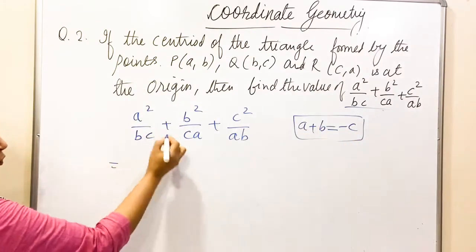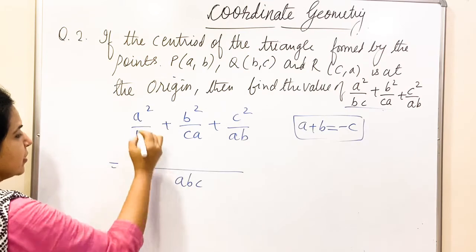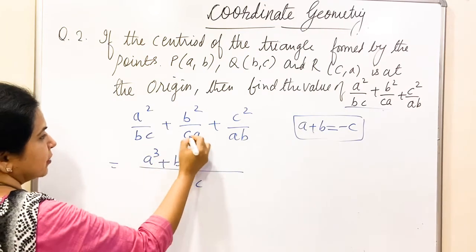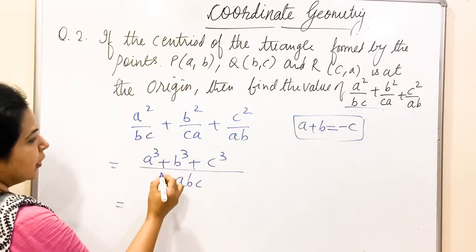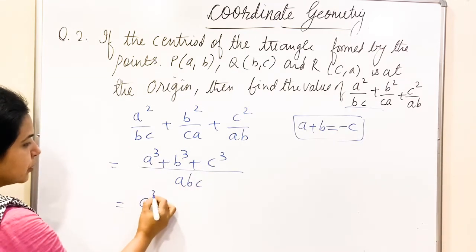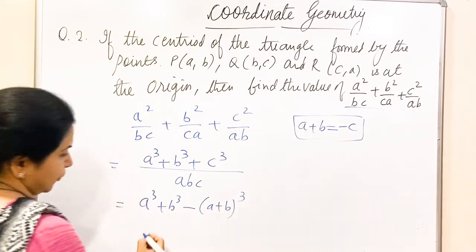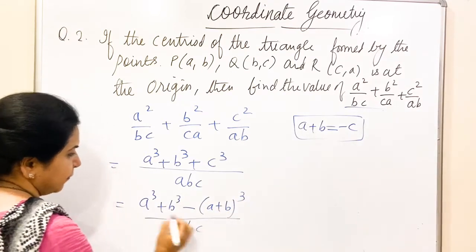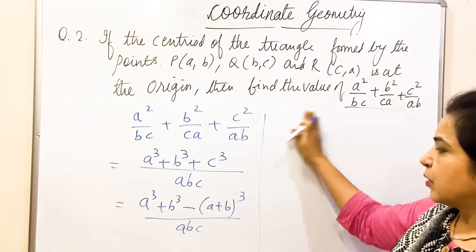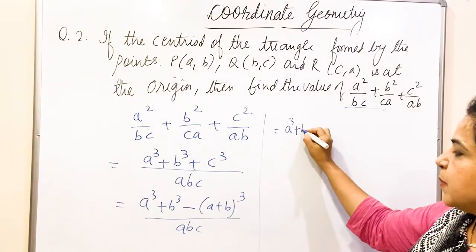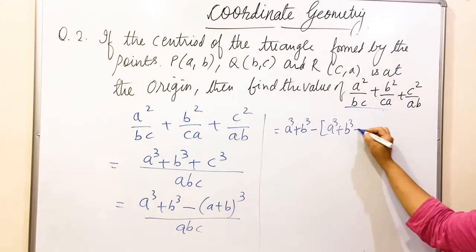Simplifying this, taking the LCM, it is ABC. So BC cancels, it will be A cube here, and similarly B cube here and similarly C cube here. Now instead of C, we will use minus (A plus B), the whole cube. So simplifying this, we are applying the identity for (A plus B) the whole cube,